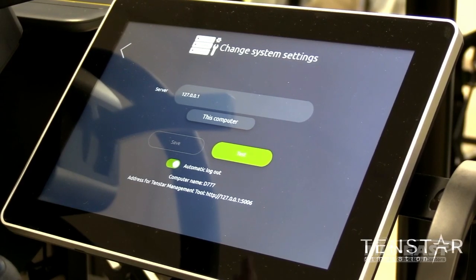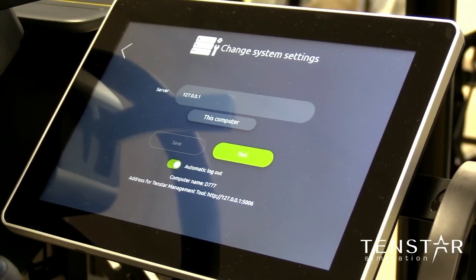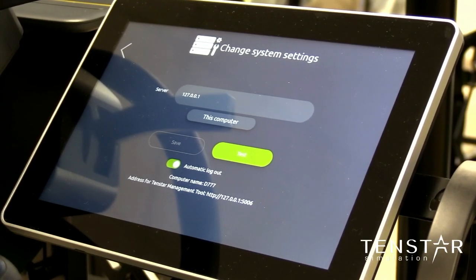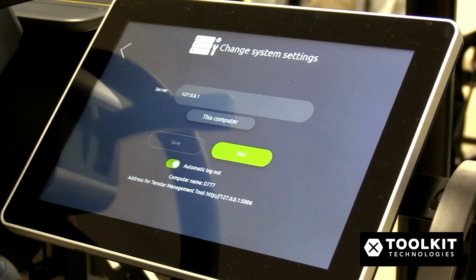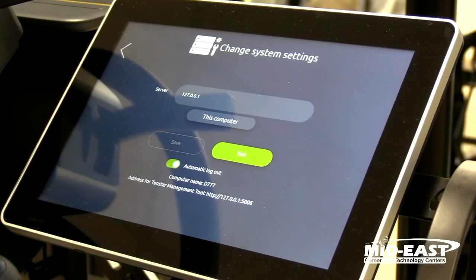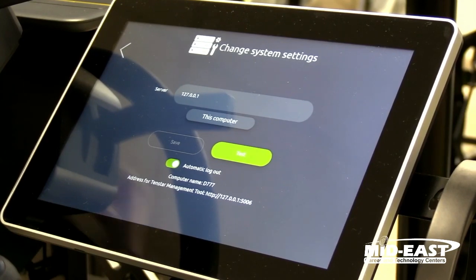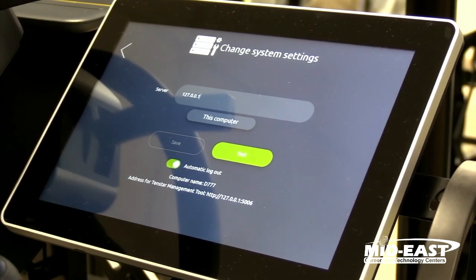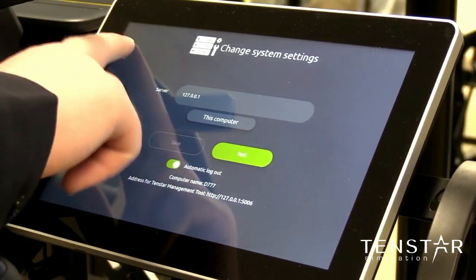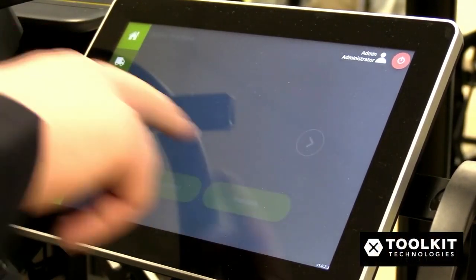Now, some of the satellite schools, some of the different high schools, you may still need to get on here and do it. It's not that big of a deal, but I would just try going to, it'll say address for TenStar management tool, getting on that whenever you get back to your schools, either today or tomorrow, just test it out. Now, getting back to the exercises,